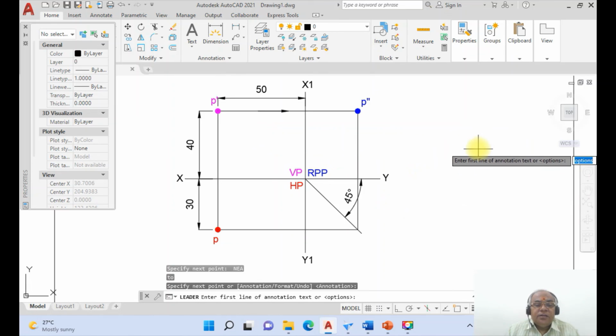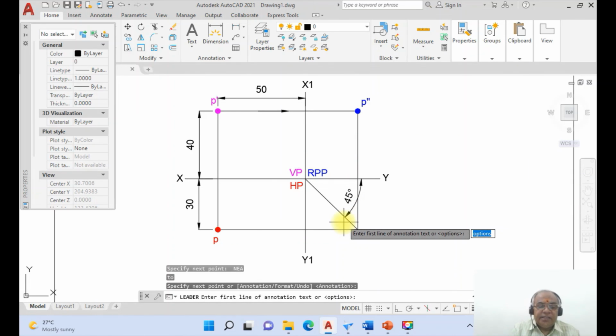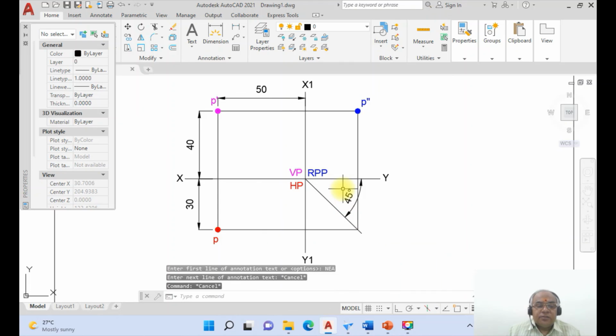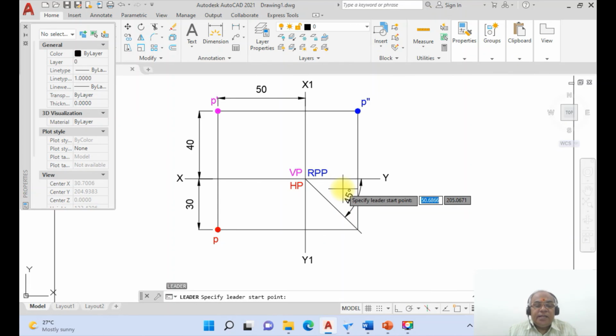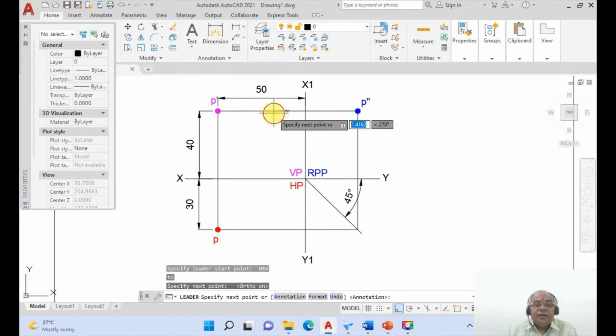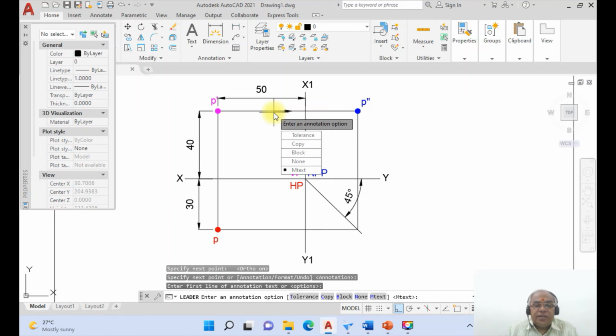You will not get it. So again you take the nearest point of this, select this. Sorry, just go to leader, take the nearest point of this, and you take this line, annotation, option,